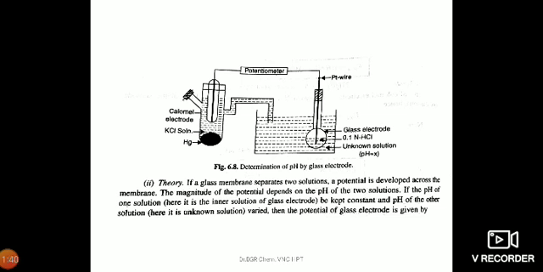Theory is also very simple here. If a glass membrane separates two solutions, a potential is developed across the membrane. The magnitude of the potential depends on the pH of the two solutions. If the pH of one solution, here it is the inner solution of the glass electrode, is kept constant, and the pH of the other solution, here it is the unknown solution, is varied, then the potential of the glass electrode is given by that equation. Eg is equal to E0G minus 2.03 RT by F into log of activity of H plus ions,